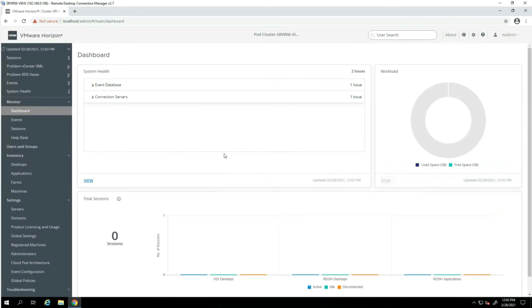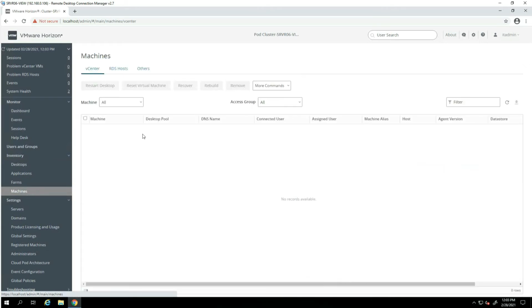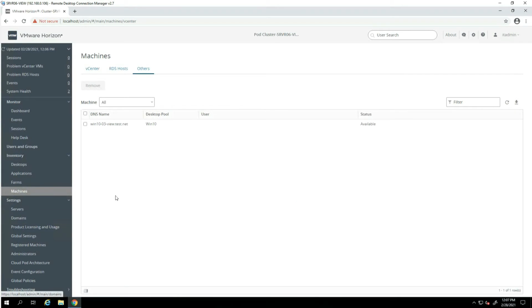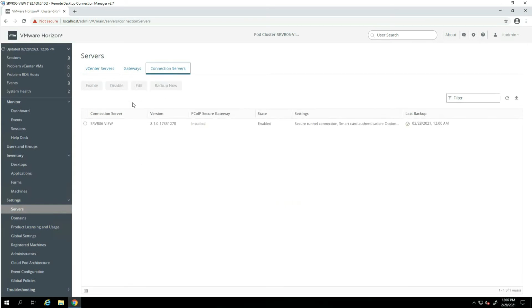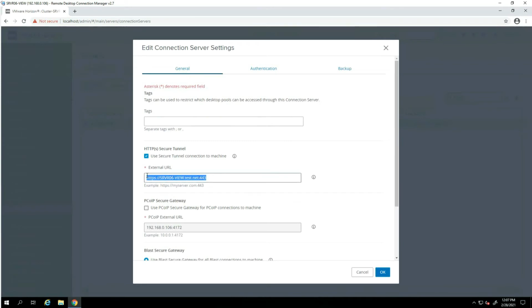Once I'm logged in, I can see my dashboard here. I'll take a quick look. I generally do this, look at my machines that are listed here in the desktop pools. I just want to make sure that I see, okay, I have an available Windows 10 machine that I can connect to, so I know my demo is going to work. And then I look at my connection server here. If I look on my connection server under the Connection Servers tab, and then Edit to display the properties, I see